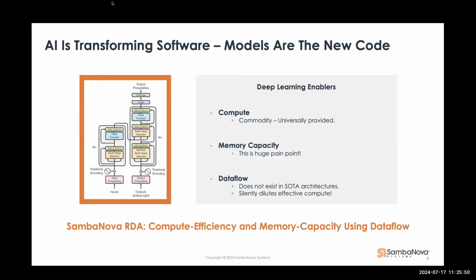Clearly, as you're designing for these, compute has now become more of a utility. It's all based off of, whether you're using TSMC 7 nanometer or 5 nanometer, pretty much everyone has very similar characteristics there. But memory capacity and memory movement and memory optimization and data optimization are a huge pain point. And what you see happening, both within the SambaNova architecture and other architectures in the field, is how well do these architectures